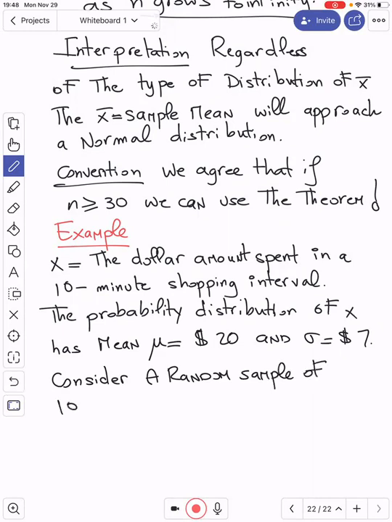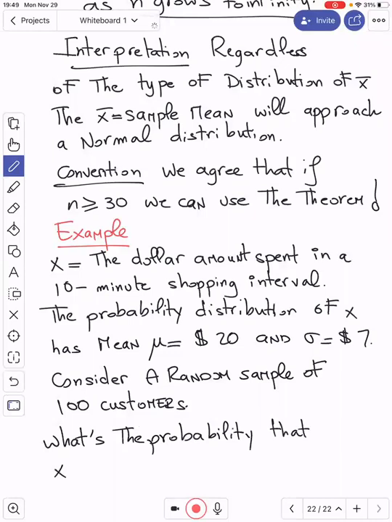What's the probability that x bar, the sample mean, so the average of the money spent by the 100 customers,